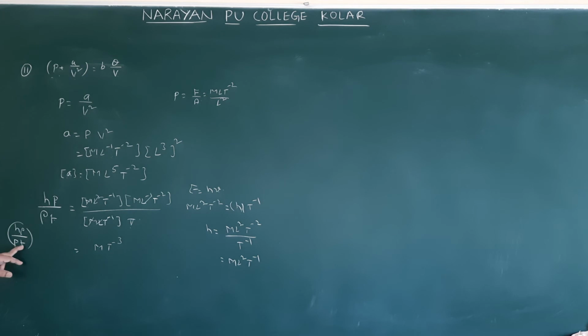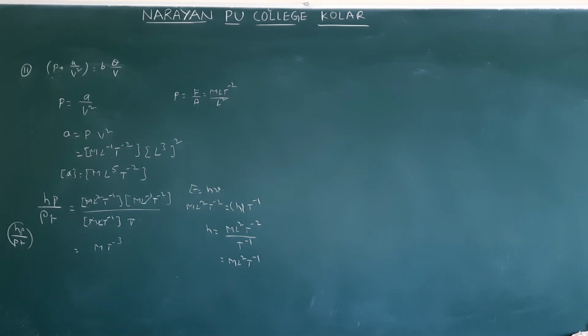In hρ by PT, this ρ value you should write here and this P value you should write here. If you exchange these two, you will get the answer. Okay, once you can check. Next, questions 13 and 14. Those are related to second PU, so we won't discuss them here. In the formula A is equal to B square C A, AC resistance electric. Resistance means you can't get now.